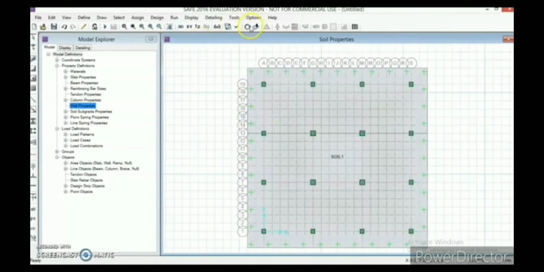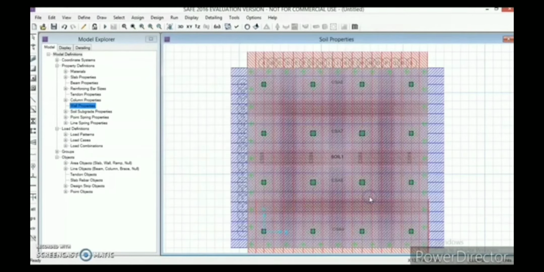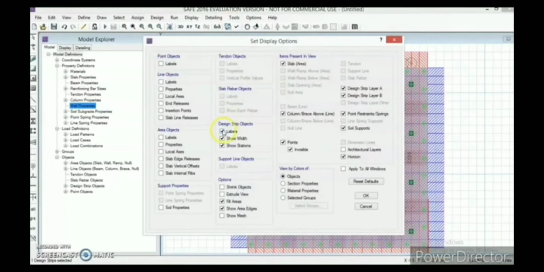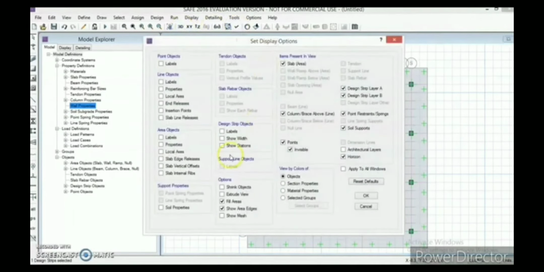We have an option here, and here the design strip object, select label with show stations and OK. Now we can see the design strips, and this will be very confusing to go further, so I'm deselecting it again in order to avoid confusion, and click on OK. So now it's fine.